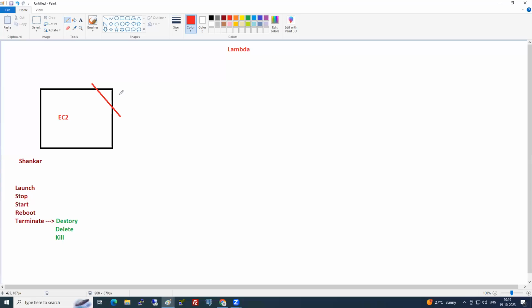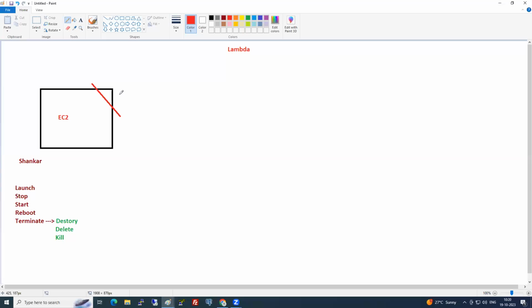Function is a subset of the application. And this application should be on the EC2 instance to run it. But take out this function separately. Take out the application. Take out the server. I can run this piece of code, the function, now in Lambda. Serverless. Without server, without application, I can run the function. That is the beauty of Lambda.